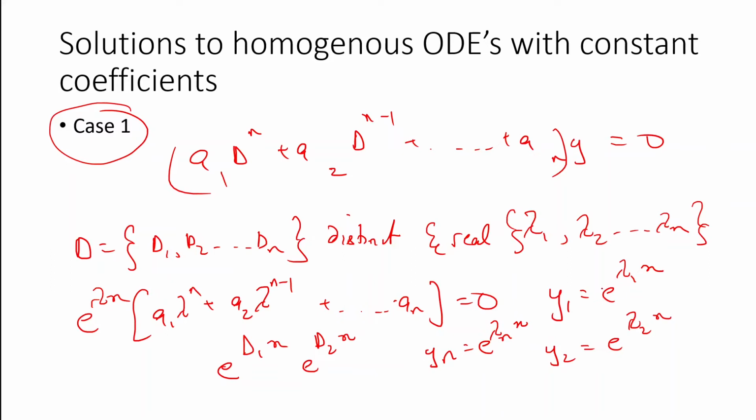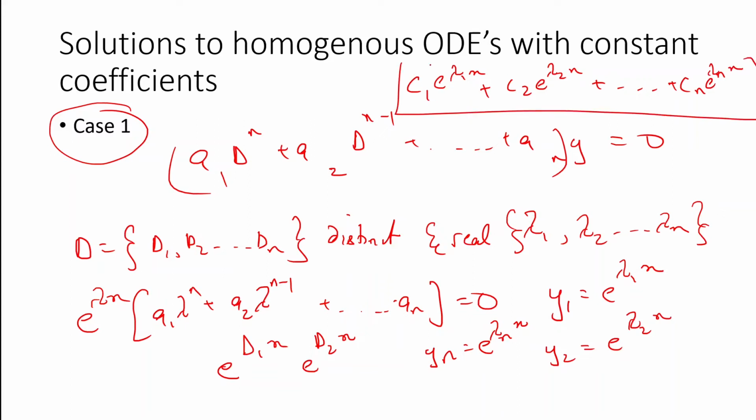Then we use property 1, which says that it's just a linear combination of isolated solutions, which means c1 e to the power lambda 1x, c2 e to the power lambda 2x, add them all, cn e to the power lambda nx. So that is basically it. This is how you solve case 1, where the roots of this auxiliary equation are distinct and real, all of them are unequal and they belong to real numbers. Then the solution is c1 e to the power lambda 1x, c2 e to the power lambda 2x, cn e to the power lambda nx, where lambda 1, lambda 2 up to lambda n are the roots of the auxiliary equation.